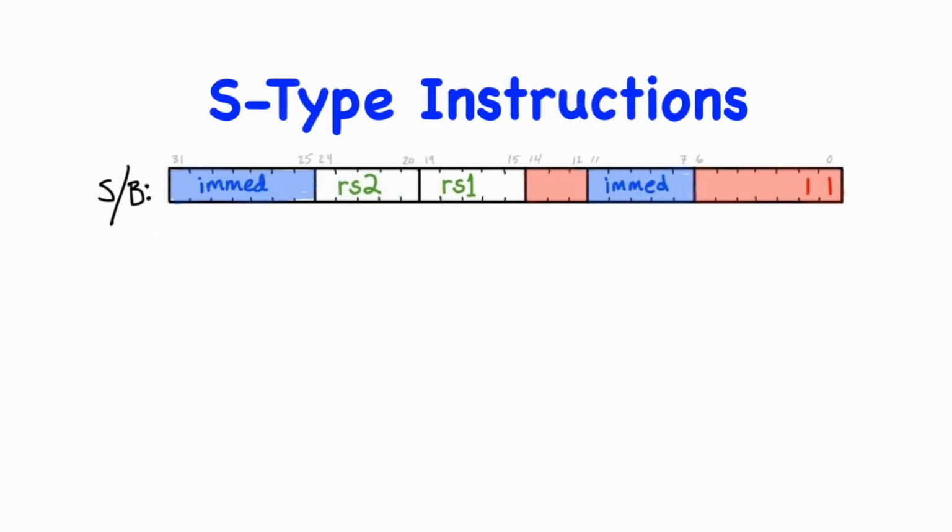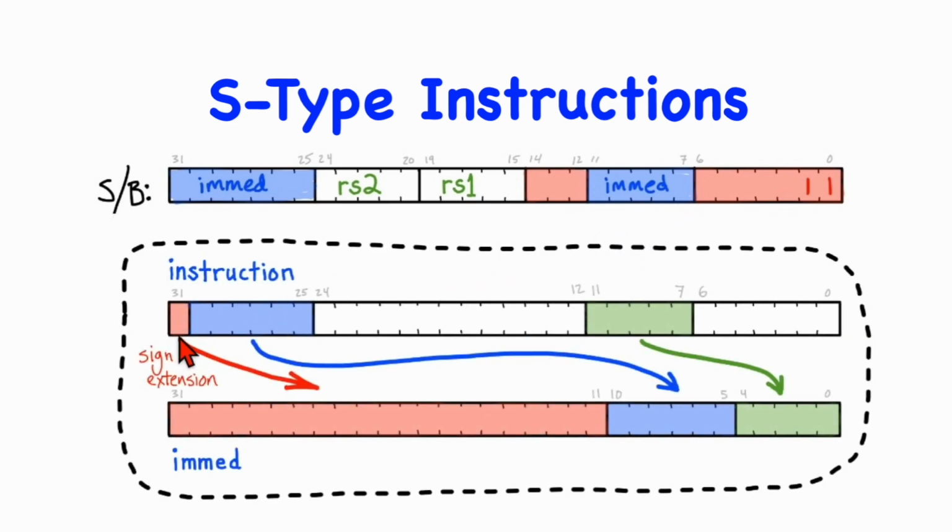Next, we have the S-type format, which is used for store instructions. As you can see, there are two source registers, but no destination register. Like the I-type format, the immediate value is also 12 bits, but in this case, it's split between a 7-bit field here and a 5-bit field here. Again, the 12-bit field is sign extended, as shown, to give a value in the range of plus or minus